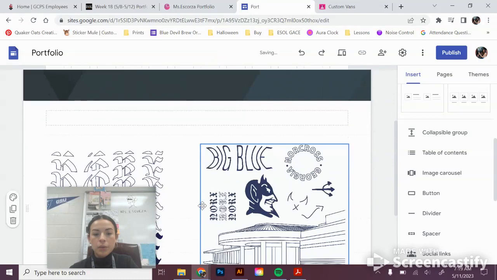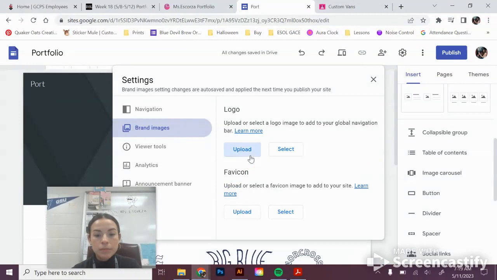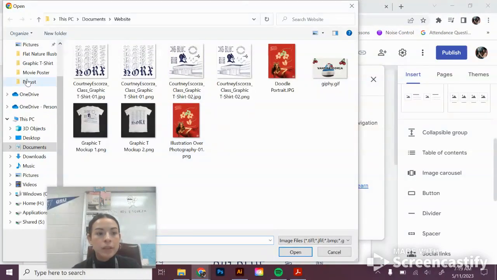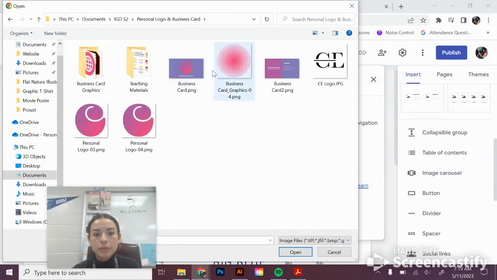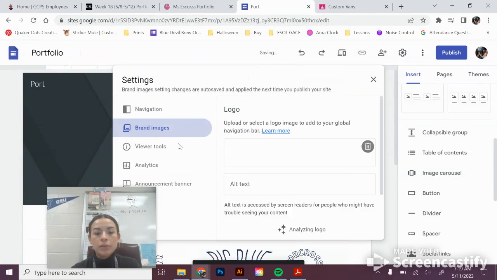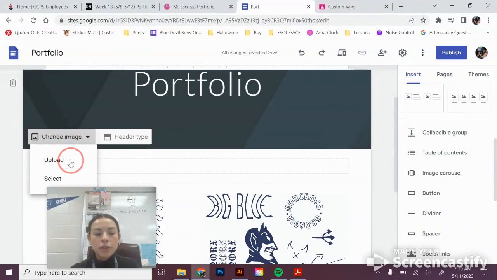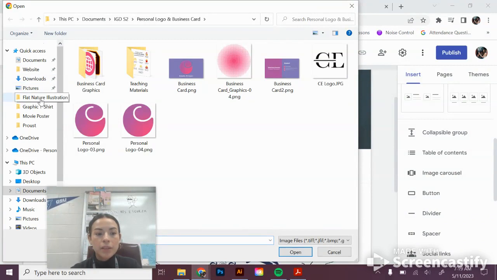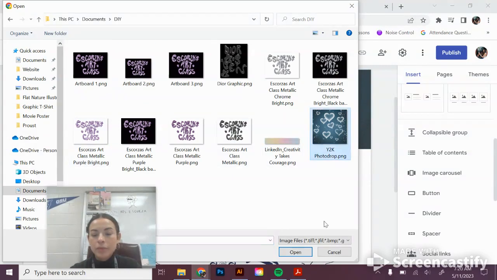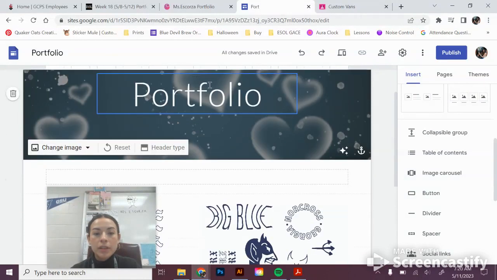All right, so now you are going to personalize the website, make it yours, add your logo, right? Because we have logos from the personal logo project that we made together. Personal logo right here, right? So you add your logo and see it uploaded. You can change the header image to something that you created. So I personally, in my free time, because that's who I am, make stuff. And look, I have this cool thing. So I can upload it because I made it and it's showing off my work. So you're going to personalize the website, and that's